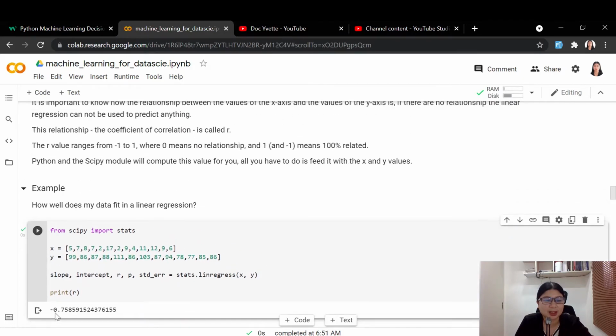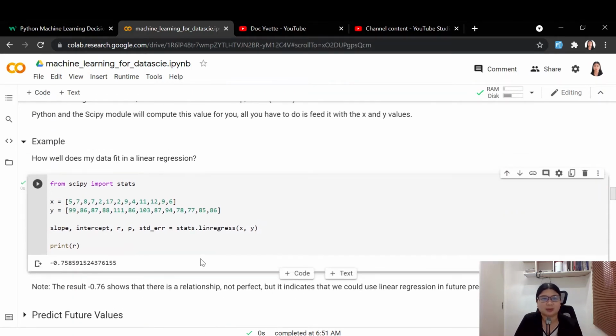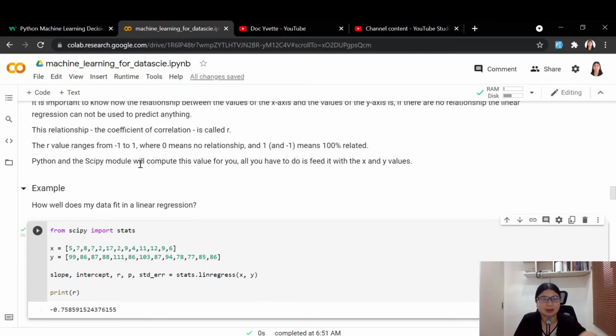Okay, so negative 0.75. So, that means no relationship. Tama ba? The result, negative 0.75, shows that there is a relationship, not perfect, but it can indicate that we could use linear regression in the future prediction. Pwede. Pero as you can see, no, may ara kita nga kuan, no, there is a